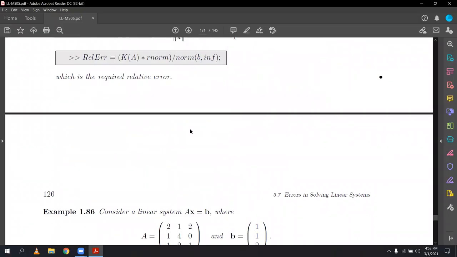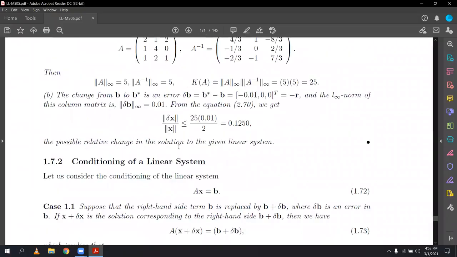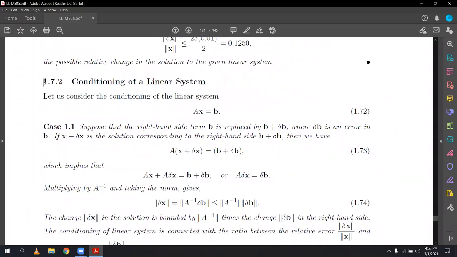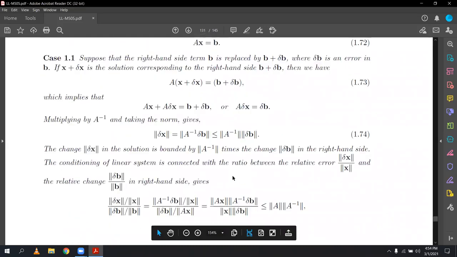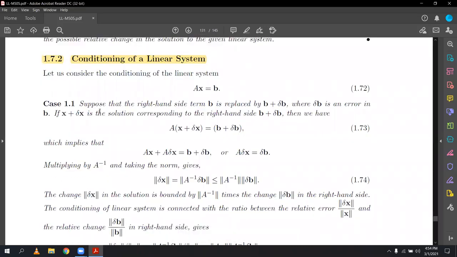There are 3 cases for the ill-conditioned system here, which I give you. Generally, I give the proof, but now no one gives me the proof for the last 10 years, so I just left it. You only have to give me the final answer here. Then I say, if there is a small change in the right-hand side, B plus delta B,